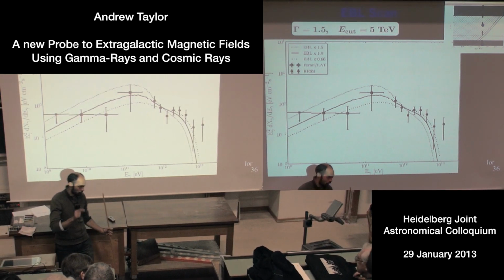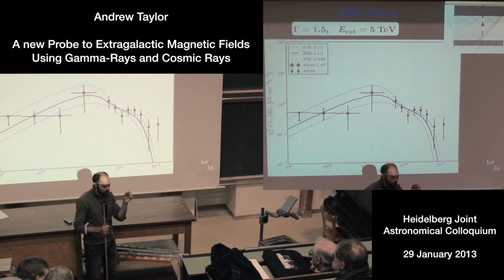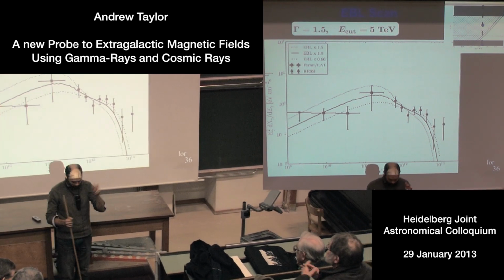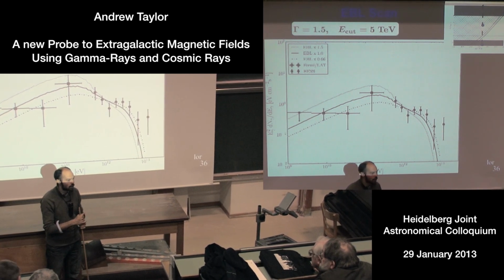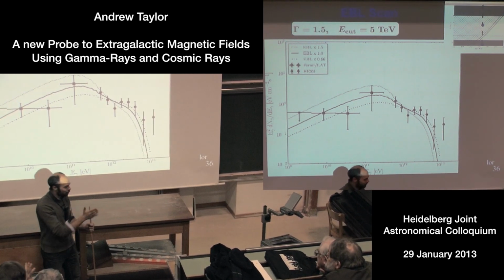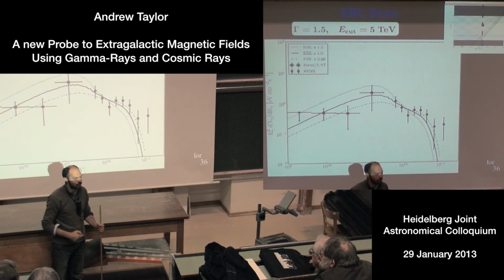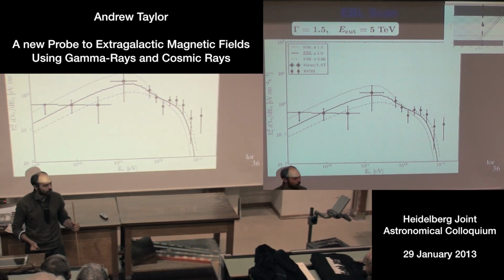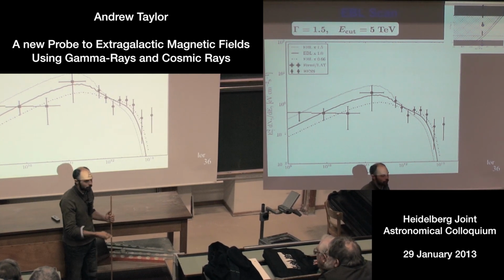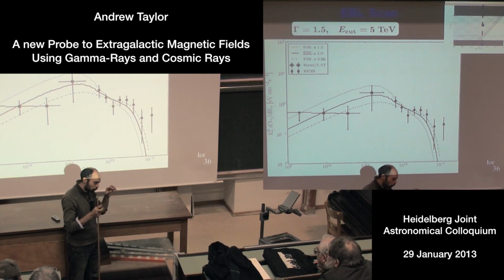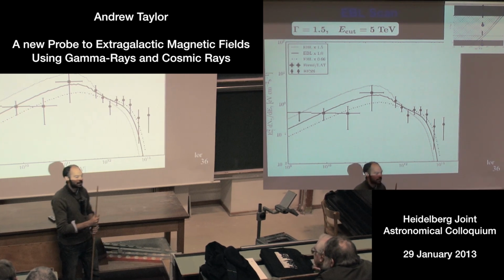So with the PSF of HESS, with its 0.1 degree resolution, it can only probe 10 to the minus 15 up to a 3 times 10 to the minus 15 Gauss range. And if it's 10 to the minus 16 Gauss, minus 17 Gauss, or 0, the angular spreading would not be observable with HESS with its present angular resolution. But the SED information is what comes into play for smaller magnetic fields. You can probe the smaller magnetic field range because of, like I discussed.